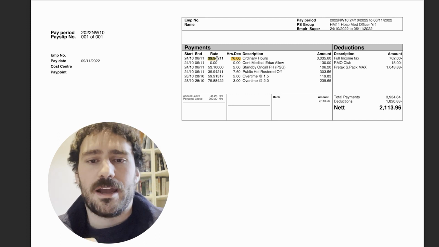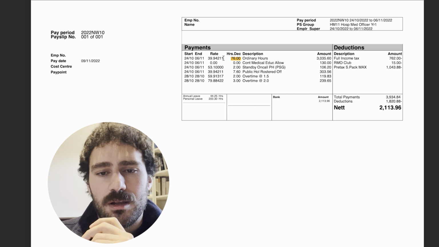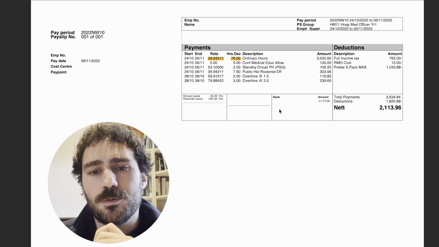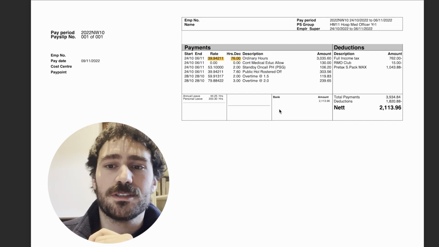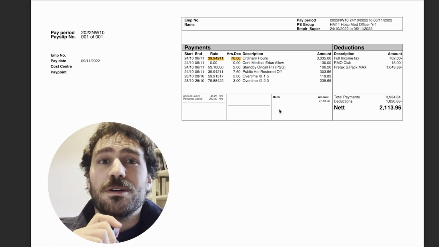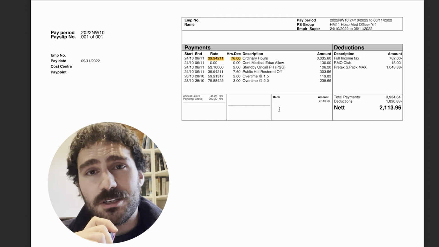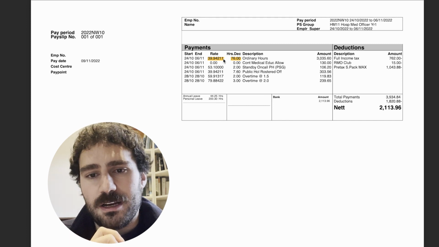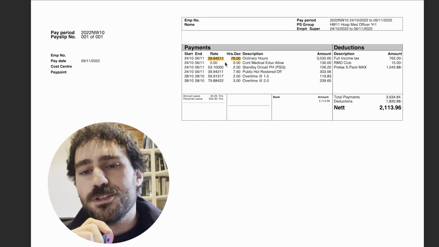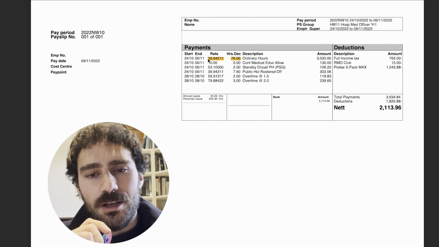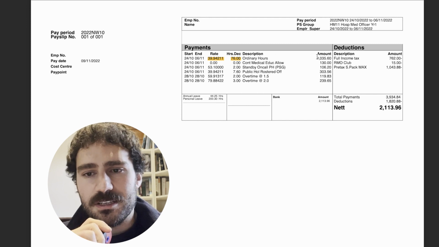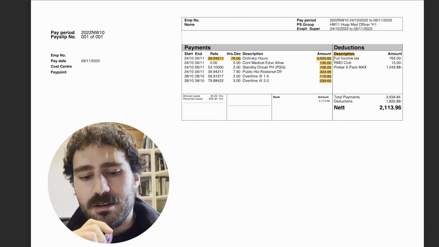And I was paid last year at this rate. I was paid at $39, pretty much $40 an hour. Which isn't too bad, being a first year doctor, and certainly a lot more generous compared to some of the other people who start working out as a first year doctor all around the world. So I very much understand that this is a pretty good amount to get paid first year out. But essentially the way it works is the rate is multiplied by the hours. So it's pretty much $40 by 76, and then I end up with that amount there,